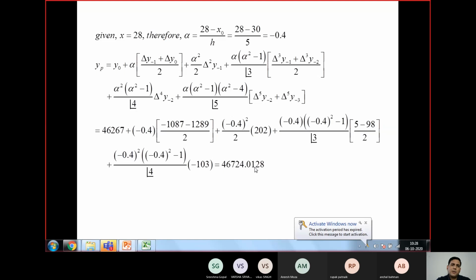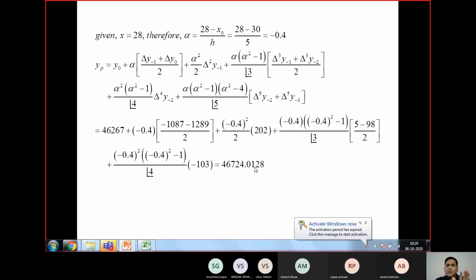So this completes your interpolation. We have one problem, and several techniques are taught to you. Try to solve the problem with all of them, and then you can write a note on that. This technique is good if my data is in this range, that technique is good if my data is in that range, and overall you will come to a conclusion about which technique is always good, whatever range I have.